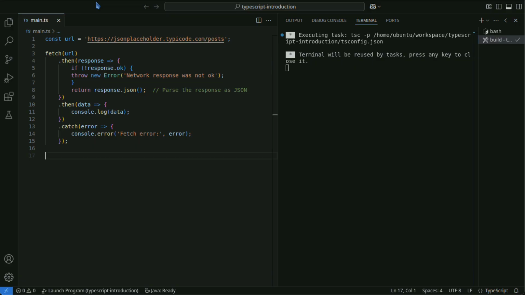This code sends a GET request to the specified URL, parses the received response as JSON, and outputs it to the console.